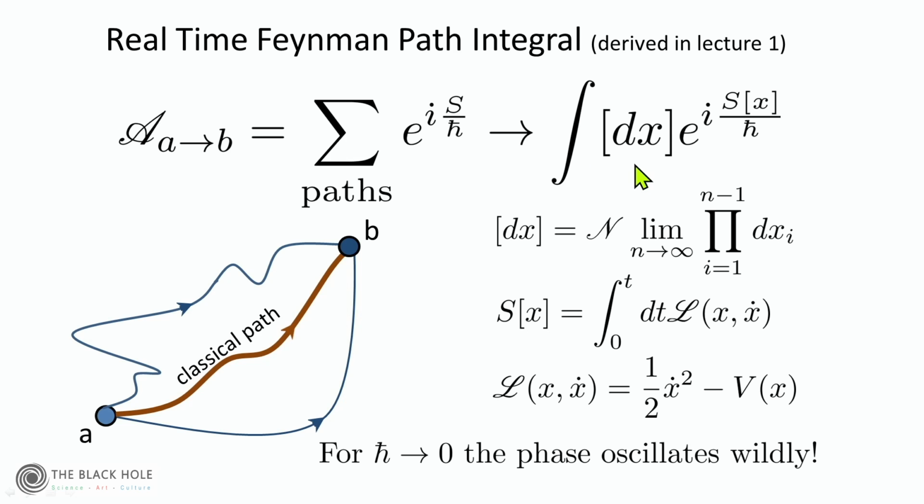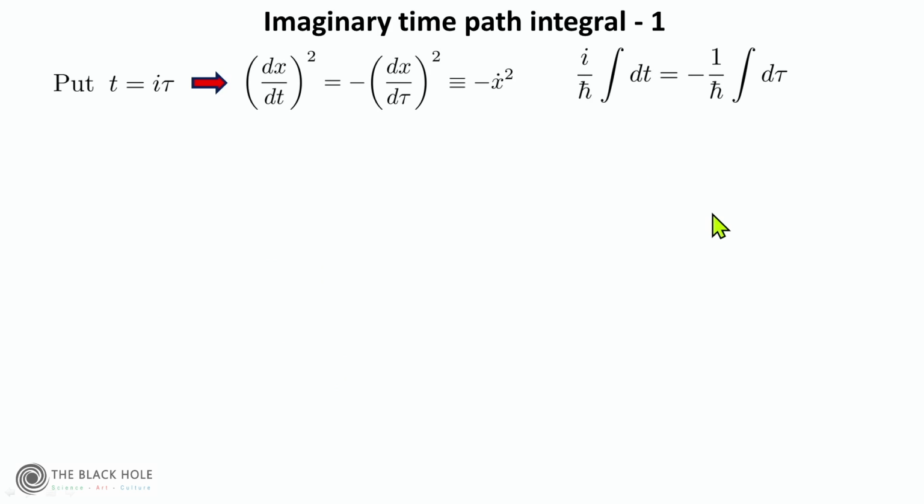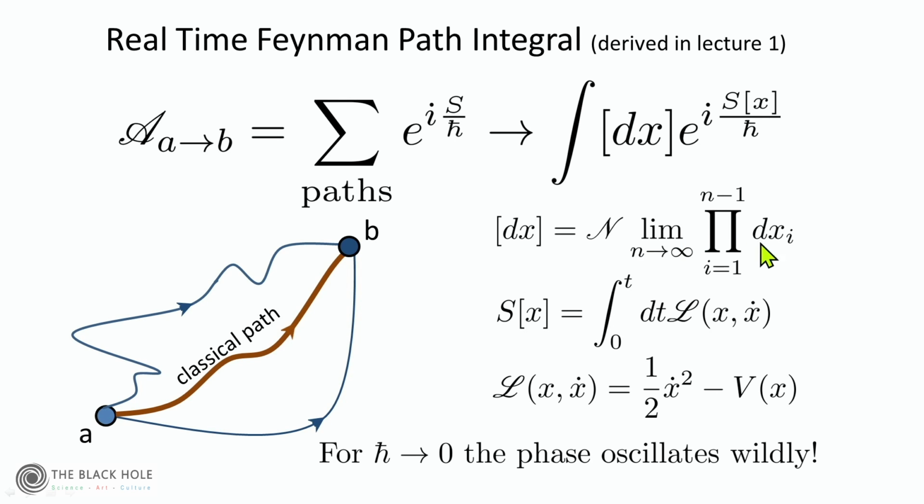We said there's this integral over all paths, which has over here a measure. That measure is a bunch of dx_i, so dx1, dx2, all the way up to n minus 1, as n goes to infinity. In other words, we chop up the interval between a and b into n time intervals, and then we integrate over each time interval. Then we got this formula with the action being the integral of L(x, x dot), where the Lagrangian, and this